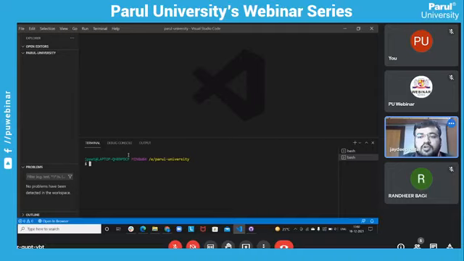For hosting purposes, it's also recommended to use GitHub or GitLab. For the installation of Next.js, you can use npm create next-app latest. This command is for npm, and the second one is for yarn. Both work the same way, but today we will use yarn.